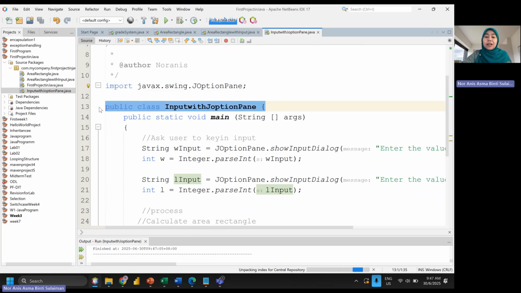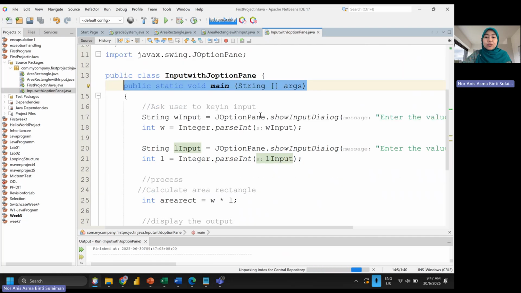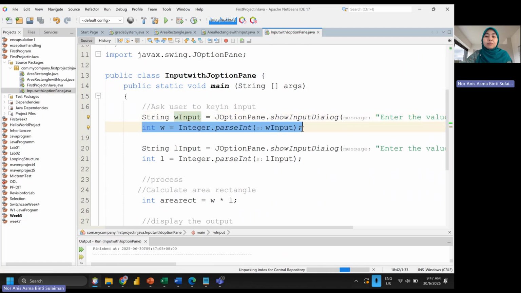And as usual, we have a main class and a main method. Then ask the user to key in the input, but it is a little different from the previous coding. We are using a String for the input. This is what we present in the box. And the second line, line 18, presents the value that the user keys in.